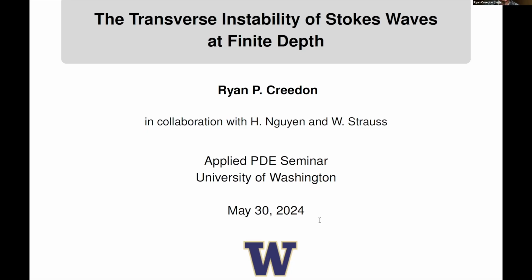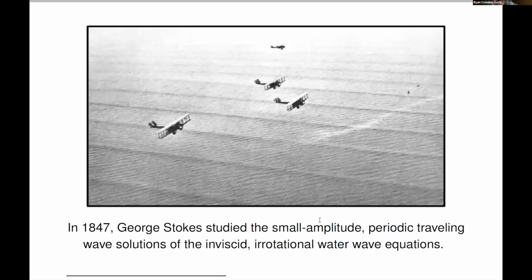So our story starts with, of course, the Stokes waves. These are the periodic traveling wave solutions of the water wave equations. And we really like these solutions for a number of reasons, but probably the biggest reasons we care so much about them is, number one, we have ways to get asymptotic approximations to these solutions out of the Euler equations, which is very special considering how complicated those equations really are. And so that was something that George Stokes gave us in 1847, at least in infinite depth. And then later on, Nekrasov, Levi-Civita, and a few others worked on the finite depth case of those